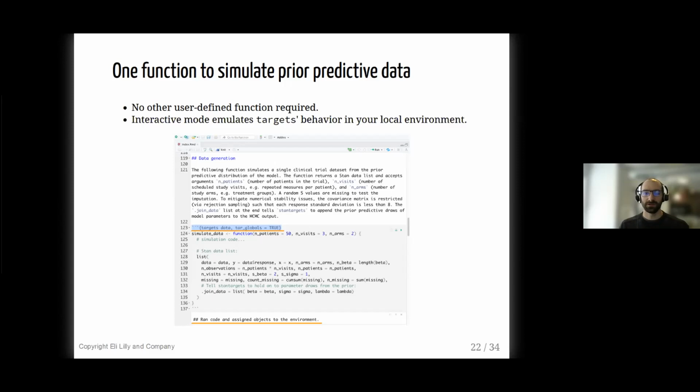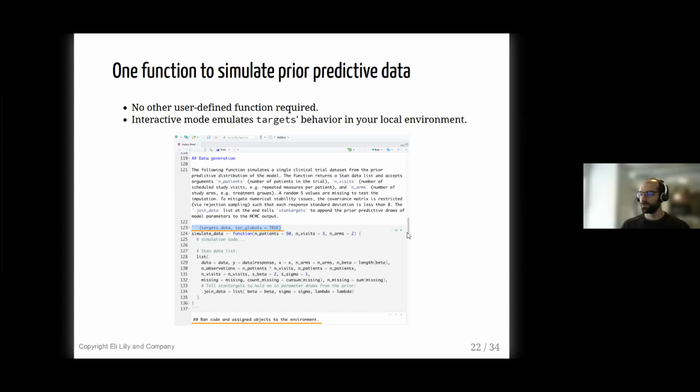And so what we're doing here is we have this function inside a code chunk. We're using the targets engine. So targets has a special knitr language engine to support Target Markdown. And so instead of r right here at the beginning of the code chunk front matter, we'll write targets. We'll give the chunk a name, in this case data, and then we're going to tell it that we're not actually defining a target here. We're defining some global objects that support a target. And so we're going to give the tar_globals code chunk option the value of true.